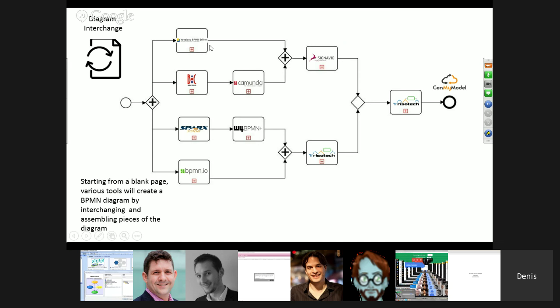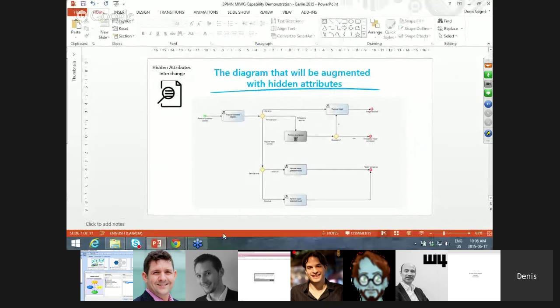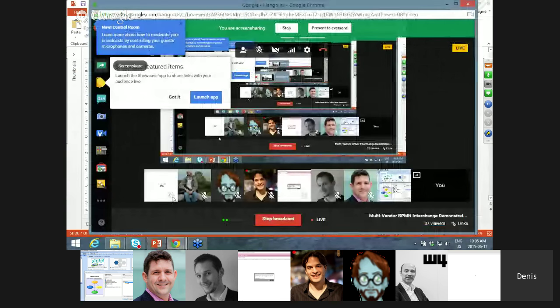We'll have Tim on the Yoakum tool, Zbigniew on the BOC tool, JD on the Sparks tool, Falco on the BPMN IO tool, who will all start in parallel, creating different parts of the same model. And then Camunda will add on to the BOC part and W4 to the Sparks portion, and we'll assemble these in Signavio and in the Trisotech Visio Modeler, and then assemble everything in the Trisotech BPMN Modeler to finally show the results in the GenMyModel tool. So without further ado, let's switch to our